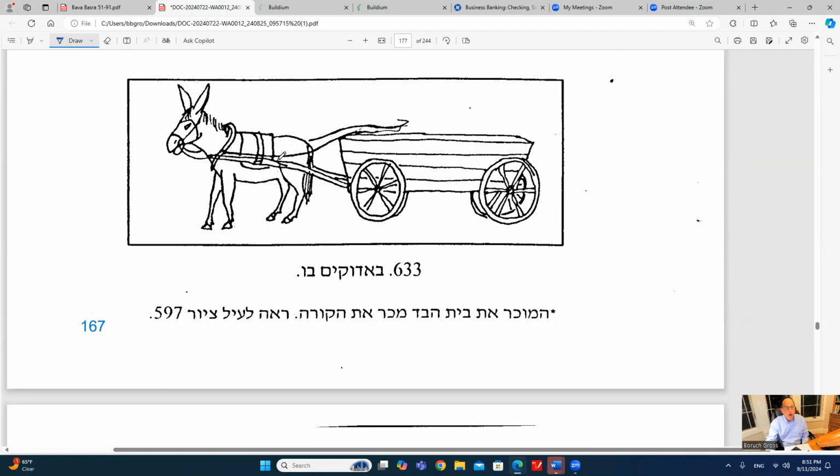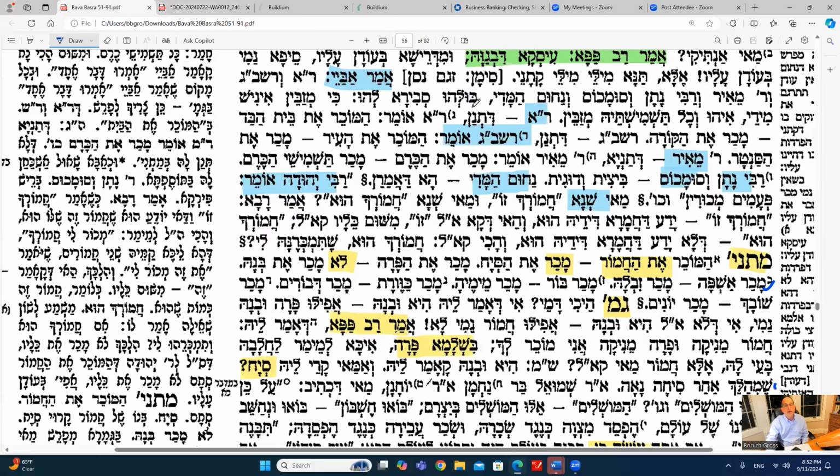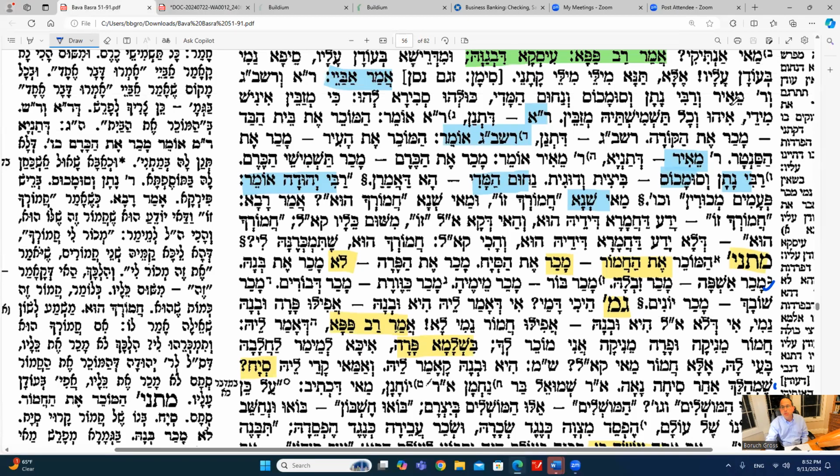By the way, here's a picture over here of where a donkey is connected to the wagon. We had this before. Now we have a lot of things where the donkey is included into the wagon. So let's see. Included in the sale: Rabbi Elazar, Rabban Shimon ben Gamliel, Rabbi Meir, Rabbi Natan, Sumchus, and Nachum Ish Gamzu, all these Tanna'im hold that when a person sells something,